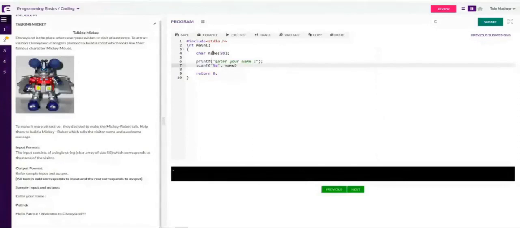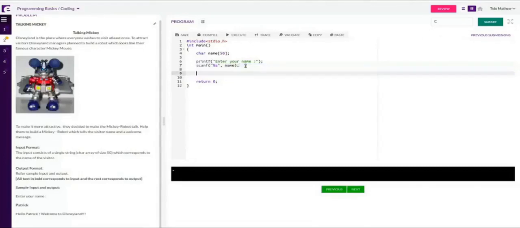When it is a character array, which is a group of character variables, we simply give the name without the ampersand. This is the convention, and this is an exception. The norm is to use ampersand, but when you are passing an array of character type and what you want to read is a string, not a single character, you don't need to use ampersand. So we get the name there.